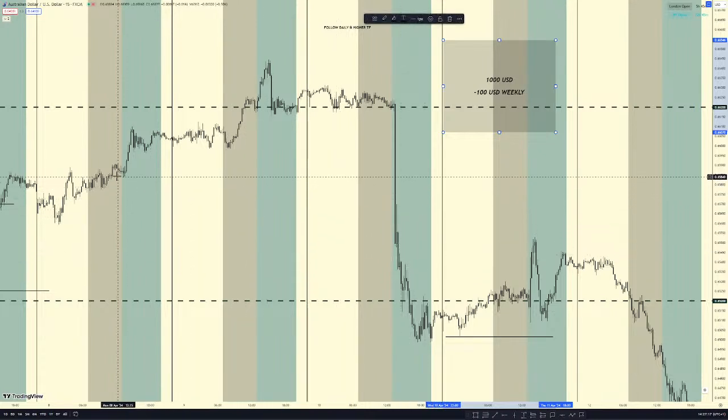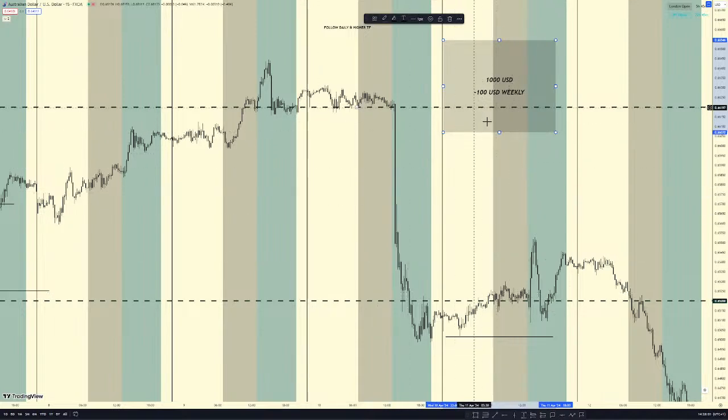Now, if I do the multiplication of the amount of losses I would most probably make in a week: Monday two sessions, Tuesday two sessions, that's four. Wednesday plus two, that's six. Thursday two again, that's eight. And Friday two again, that's 10. Now, I deliberately told you not to trade on Mondays. You only trade Tuesday, Wednesday, Thursday, and Friday if you wish. Tuesday, Wednesday, Thursday is when you make the most money in this market. But let's assume that we are trading Monday to Friday. The highest you're going to lose is 10 losing streaks.